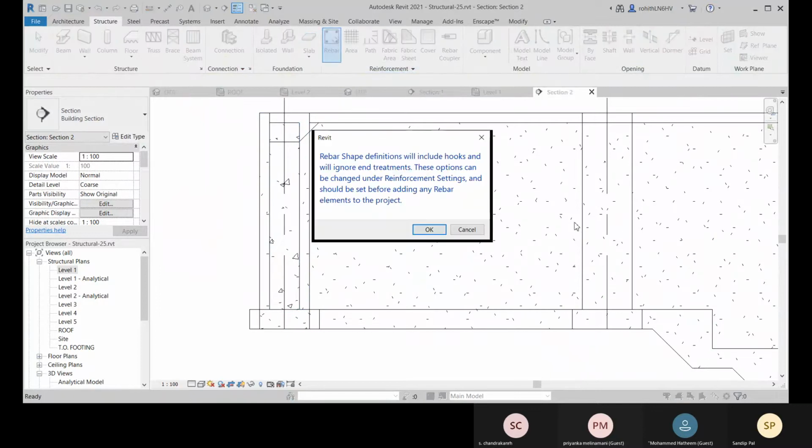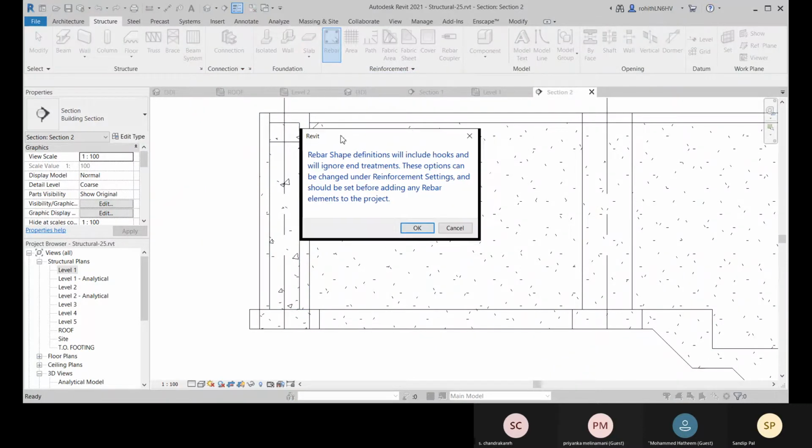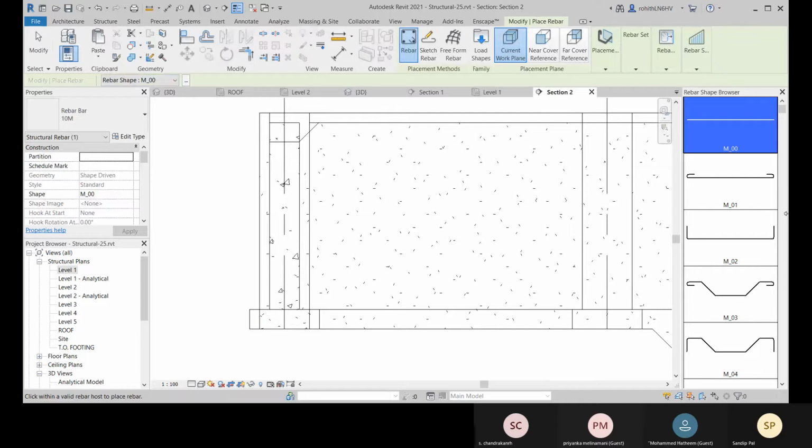Now let's come to this rebar, and when you first time go for this rebar, it will ask you for this option. Like a rebar shape definition will include hooks and will ignore end treatments. This option can be changed under reinforcement settings and should be set before adding any rebar elements to the project. Just click on OK.